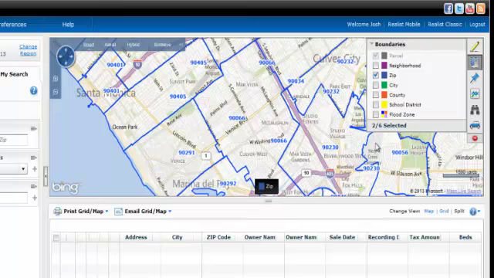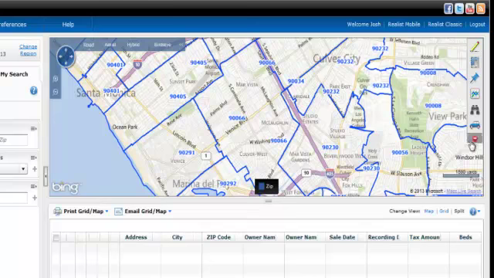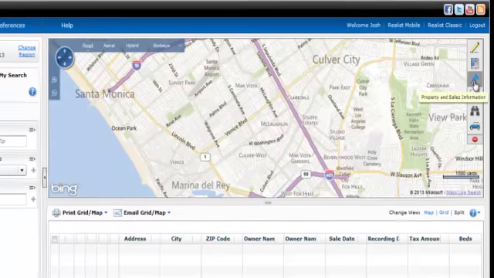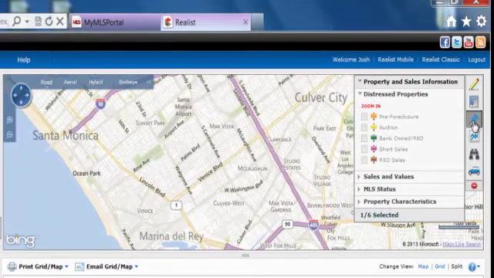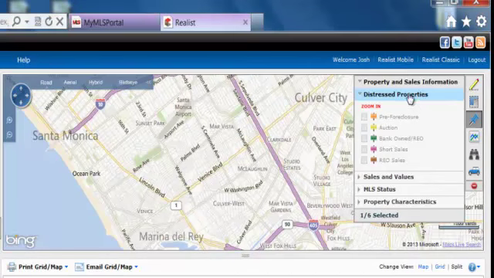And again, to clear the map, just click on that stop sign type of icon. The thumbtack icon, property and sales information. Clicking on that, the first option that comes up for me here is distressed properties. It's telling me to zoom in. Anytime you see that zoom in note, it means that you'll have to zoom in order to enable that feature